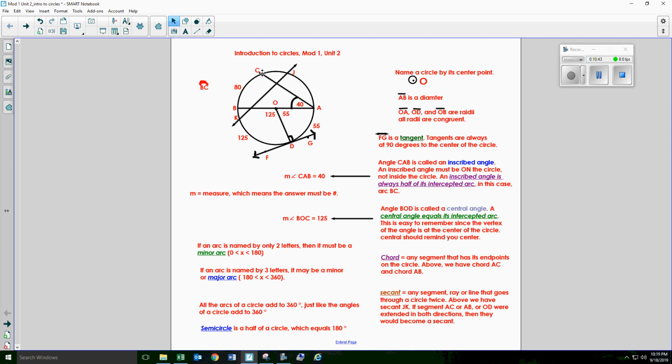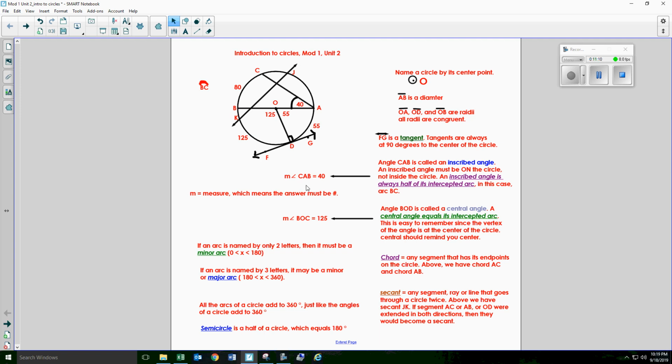But I could also call it arc CJA. That's the same thing as CA. Because remember, CA means if I only have 2 letters, I have to go the short distance, the minor arc. I can't go CA this way because that's more than 180 degrees. So if it's 2 letters, just remember it has to be a minor arc between 0 and 180. You go the short route, not the long distance around